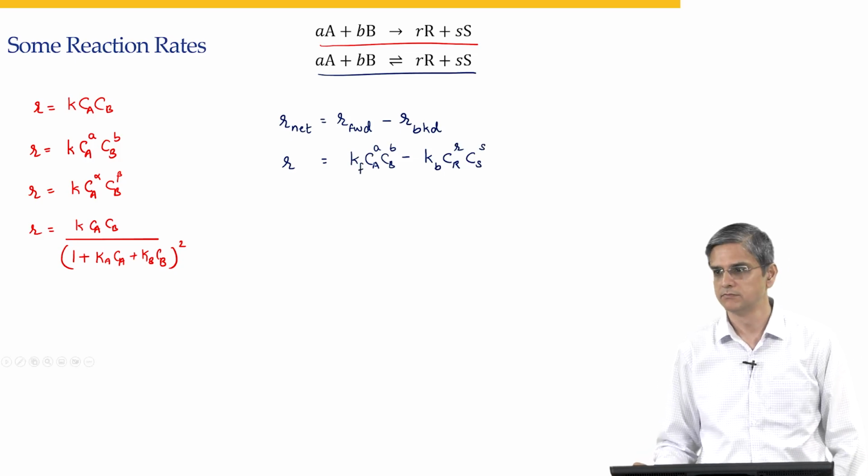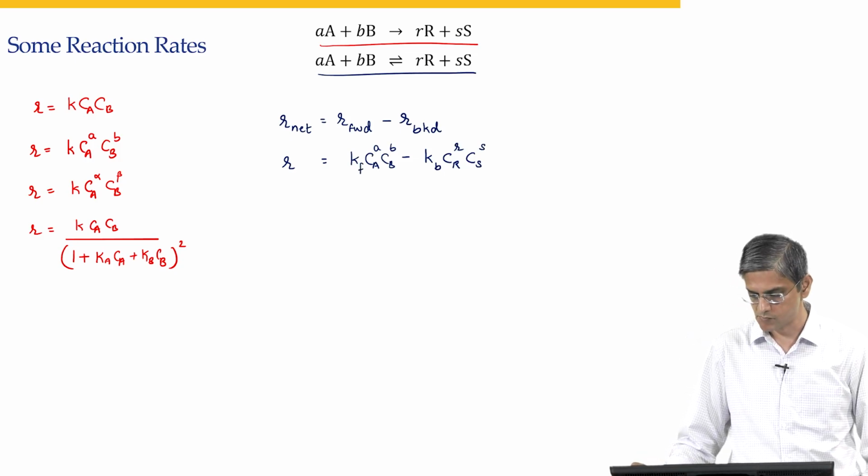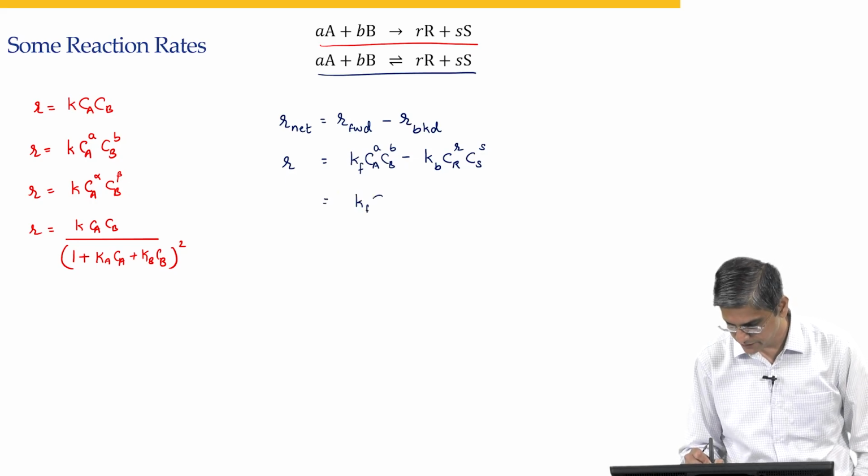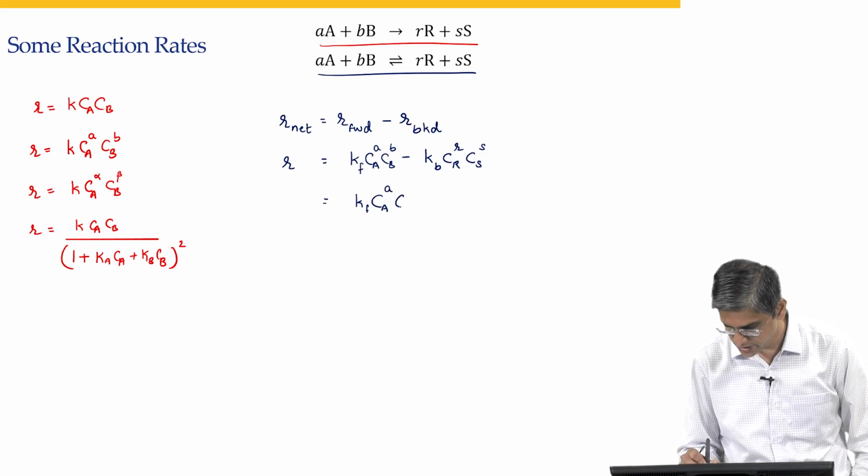So, this you can write it as Kf Ca to the A